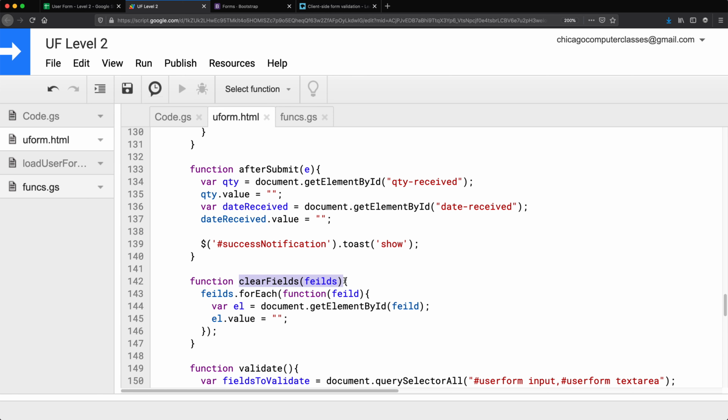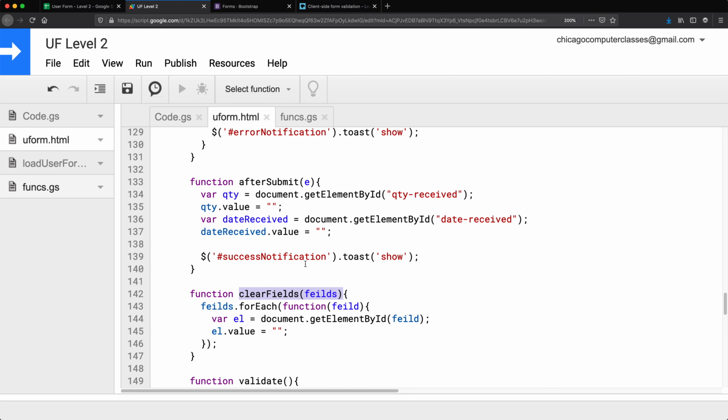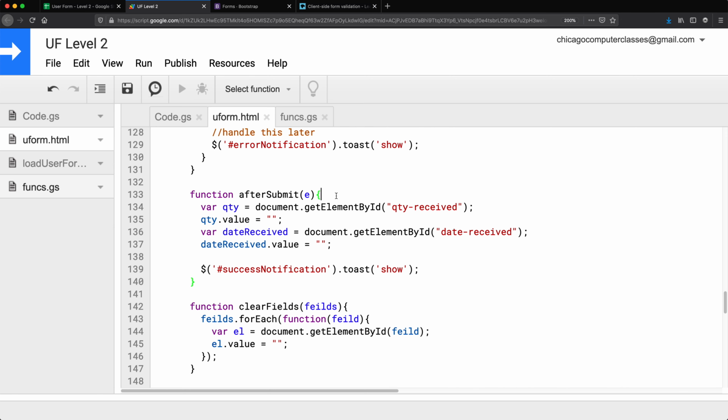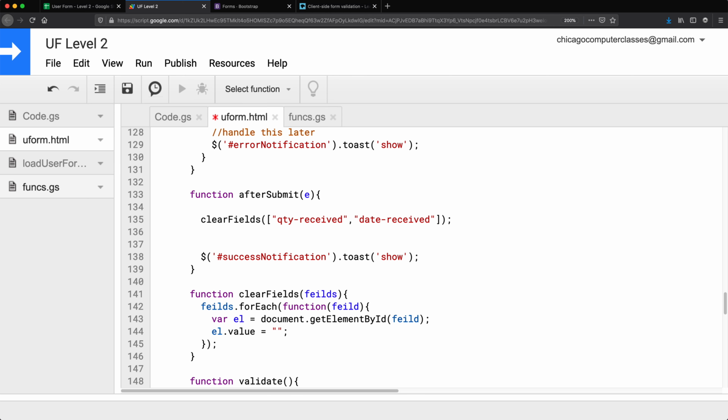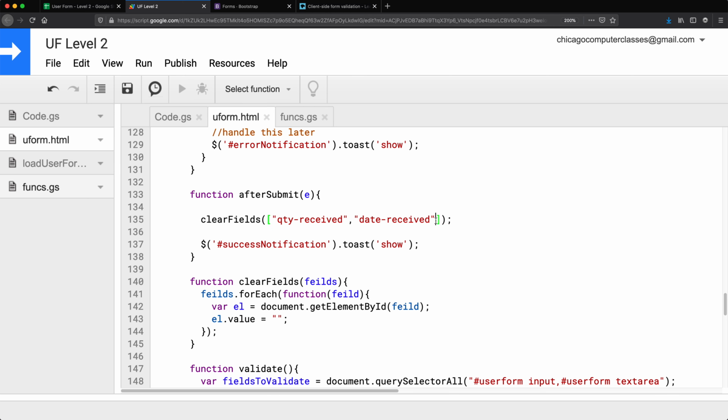be able now to take this clear fields function, go to here, and pass an array of fields we want to be cleared. So I'll say clear this one, and then I don't have to do this anymore. And if I have more fields, I just have to comma separate whatever fields I want cleared. So for me, it was those two fields,